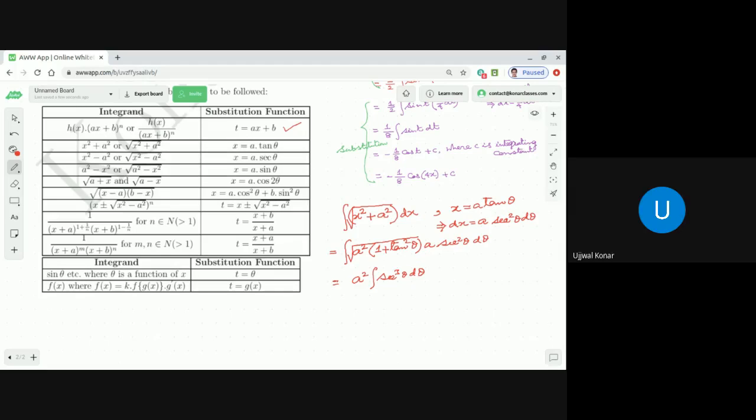Now, at that time, we should not spend time in experimenting. Similarly, if it is a square minus x square, or square root of a square minus x square, we should have x = a sine theta. If x square minus a square, or square root of x square minus a square, it is a sec theta. Similarly, these are the different substitutions we need to make. Got it? Generally, especially this one and this one, these are all for JEE Advanced. But the rest you need to remember both for your board examination and JEE Main.